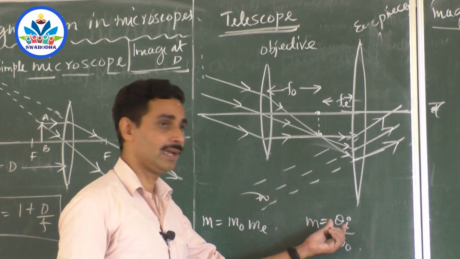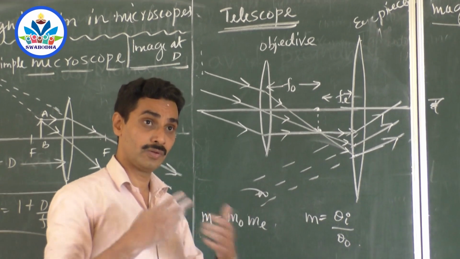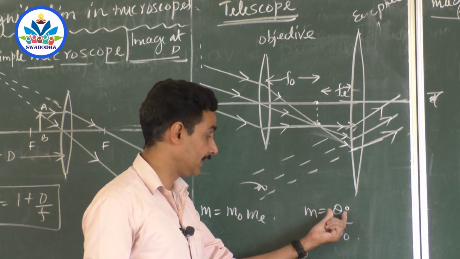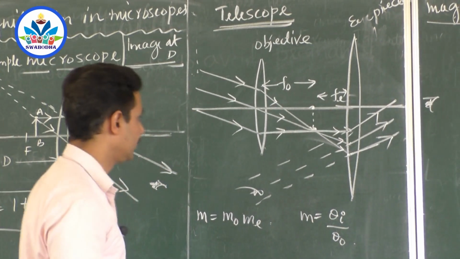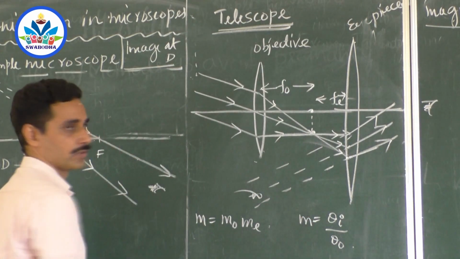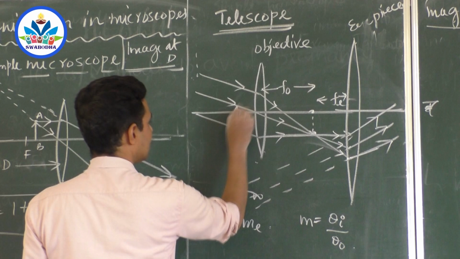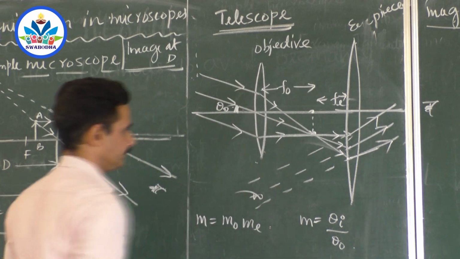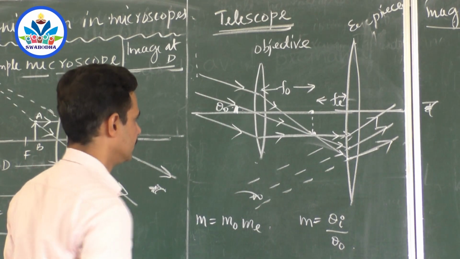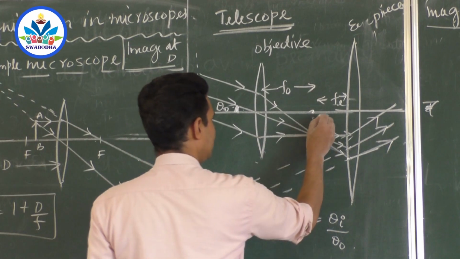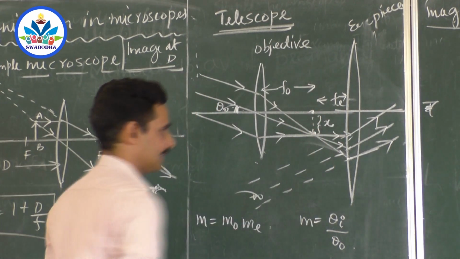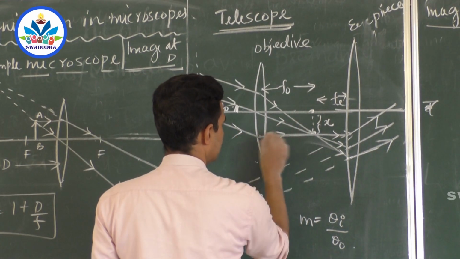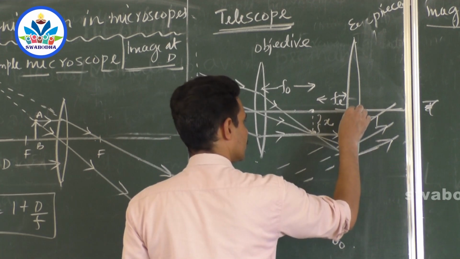So you should have an image which will be better than the image seen through your naked eyes, when seen through the telescope. You should have a better image. So the ratio of the angle created at the eye by the image to the angle created at the eye by the object. If you directly come in front of the telescope and look at the object from here, is this the angle created at the eye by the object? So shall I take it as theta naught? Right? Yes. If I take it as theta naught and I simply take this as x or h, then if this ray is almost parallel to the principal axis, then this is also x. Am I right?